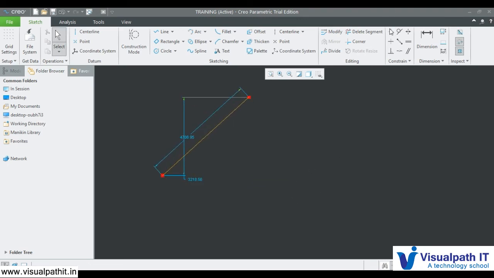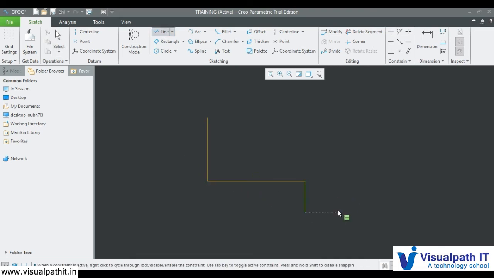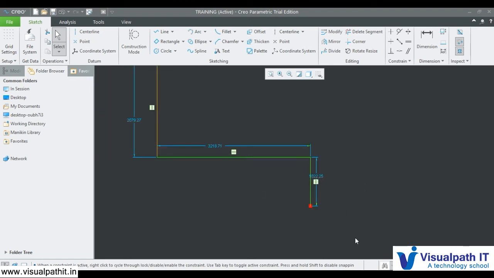Now I have this line, I'll select vertical, I'll select this line. Now this line is vertical. Now let's say I have one more line which is horizontal. By default it got this horizontal constraint. Now let's say I have one line which I didn't draw horizontal.